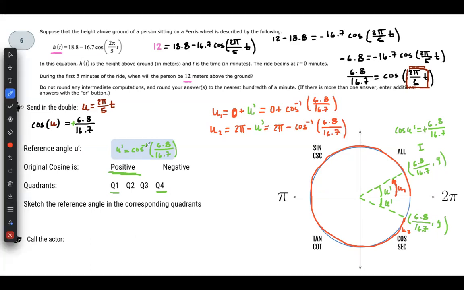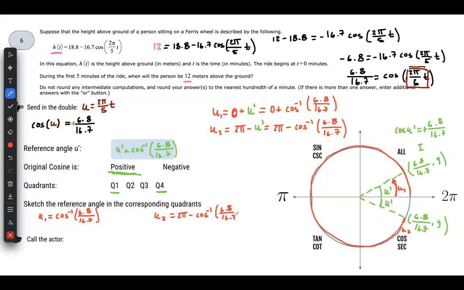Now, I'm going to write those as U1 is equal simply to the inverse cosine of 6.8 over 16.7. And my other is equal to 2 pi minus the inverse cosine of 6.8